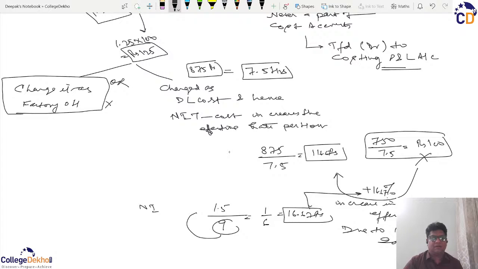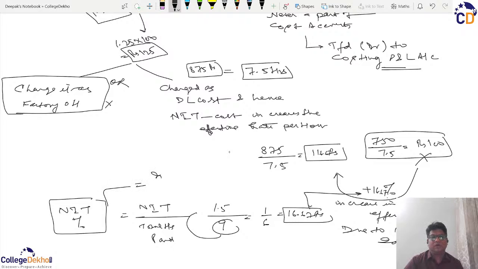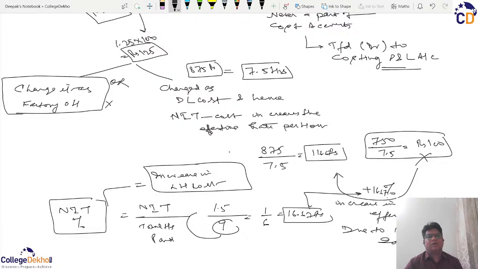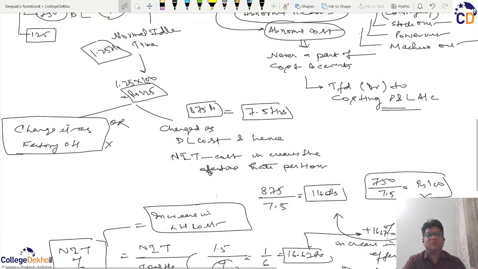यानी कि नॉर्मल आइडल टाइम अपॉन टोटल आवर्स पेड, एंड दैट विल बी नॉर्मल आइडल टाइम परसेंटेज. तो जितनी नॉर्मल आइडल टाइम परसेंटेज है उतनी ही दैट विल बी इक्वल टू इंक्रीज in labor hour cost. So a company will always try to reduce the normal idle time so that the labor cost increases less, and therefore more and more companies are trying to push to reduce this normal idle time cost